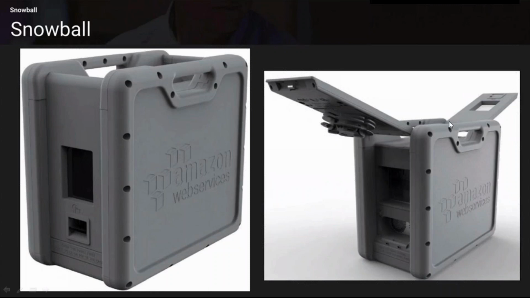When it is opened, it looks something like this, in which you have the two wings, and you can open it up and connect it to your existing data center, and you can start transferring the data at very high speed into this Snowball device. Once the data transfer is done, you can straight away ship this device back to the Amazon data center, in which you would like to have the